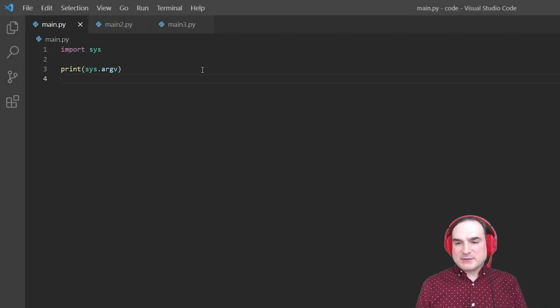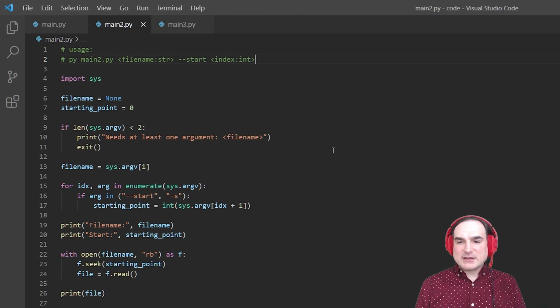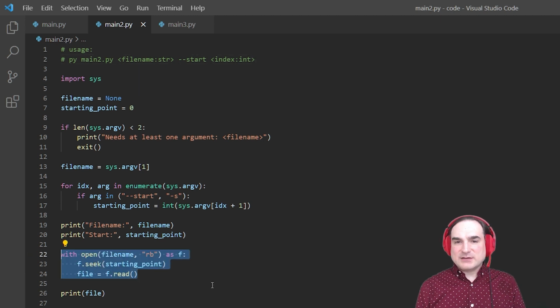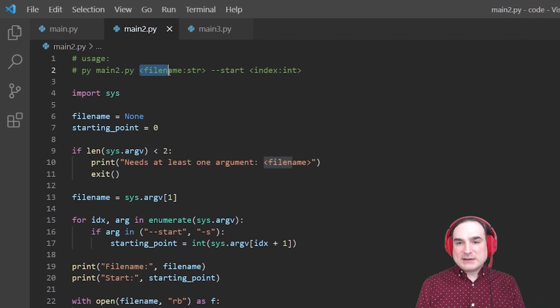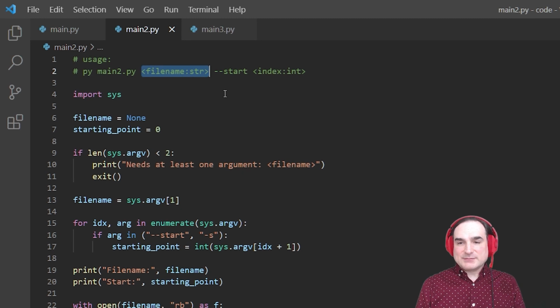Let's say we have a program that reads files. It takes in the name of a file by way of a command line argument and optionally a starting point from within that file, a number. It'll then print out the contents of the file from that starting point, or by default from the beginning of the file. So the first argument that we would want to pass to the script would be the file name. That'll show up as the second item in sys.argv. For the file position, which is optional, we will look for a flag, the argument -s or --start, and make sure that that's immediately followed by another argument, which is the position to start at, some integer.